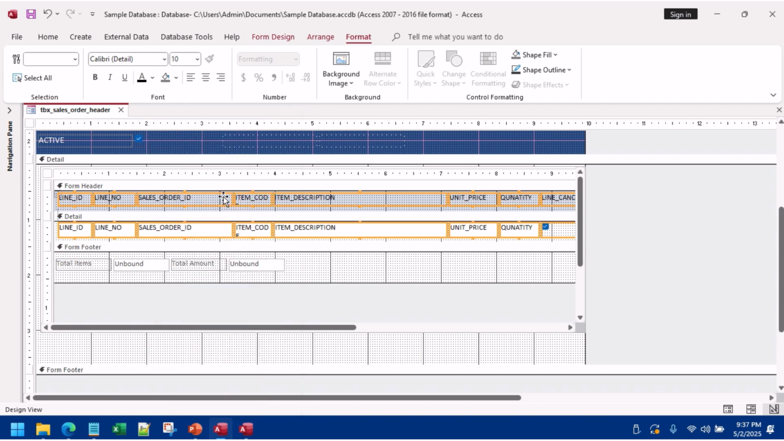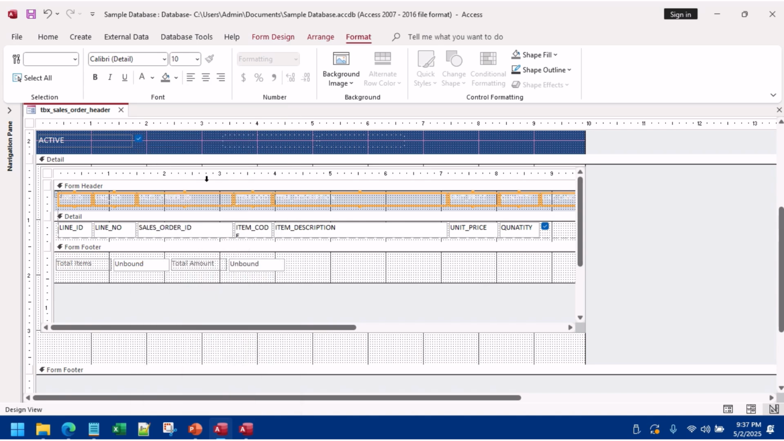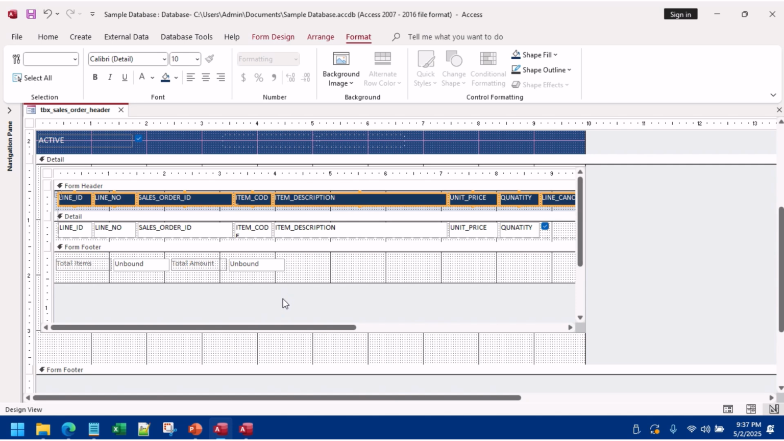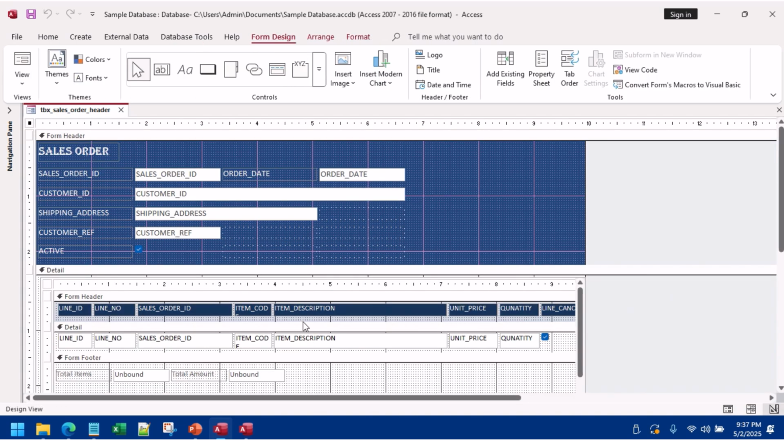Black, and this one, header must be white, so here I'm selecting white, and background same as top. Look once, okay, design view, still we need to arrange this,